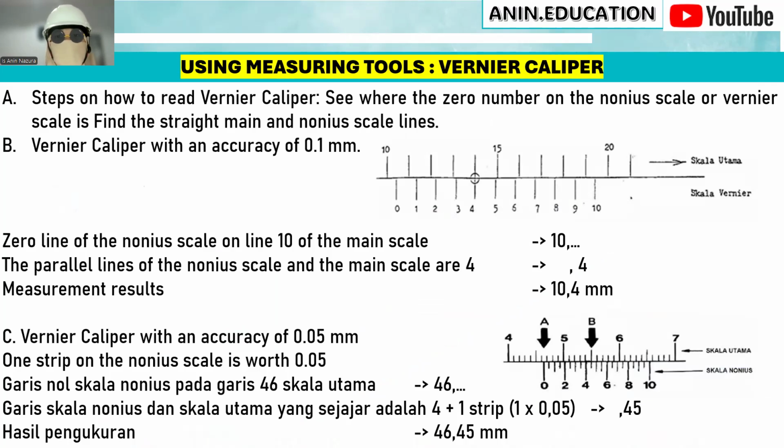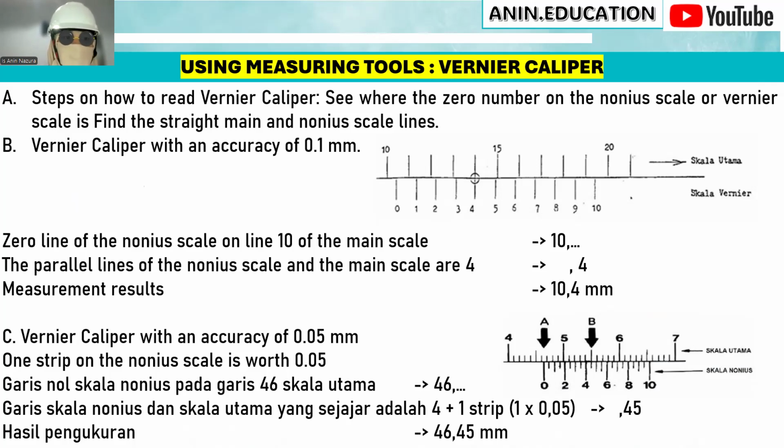Using measuring tool: vernier caliper. How to read a vernier caliper: see where the zero number on the nearest scale of the vernier scale is defined, the segment of the nonius scale lines. Vernier caliper with accuracy of 0.1 millimeters, scale number